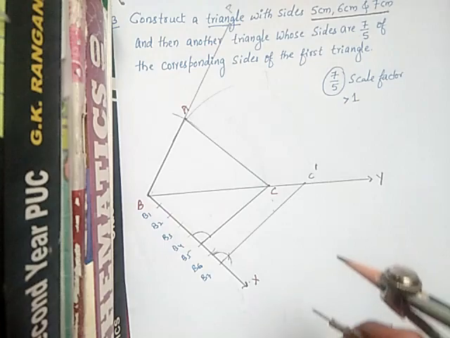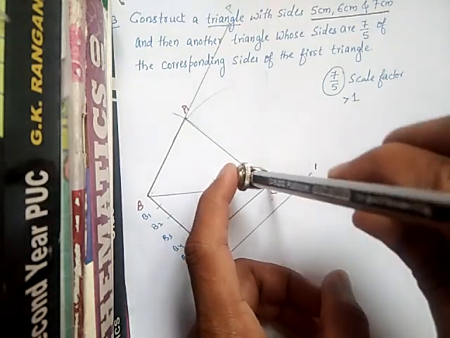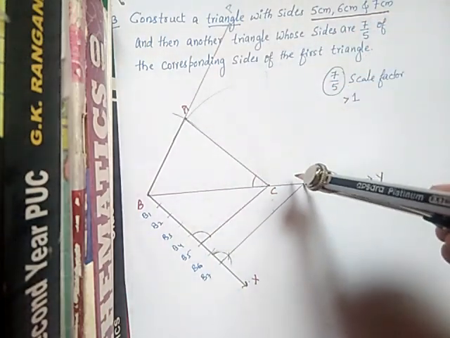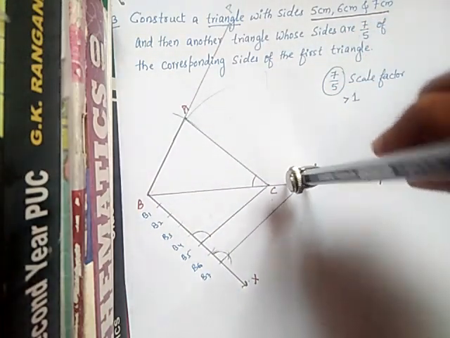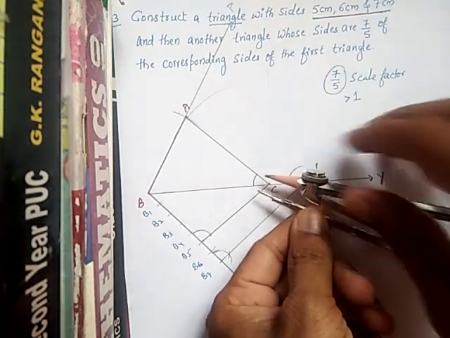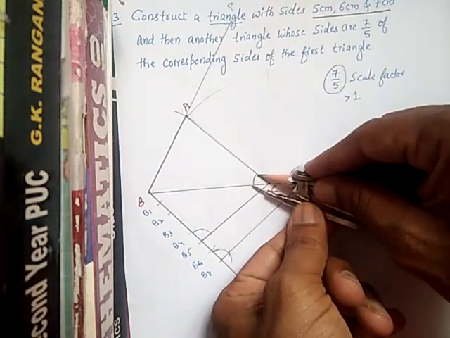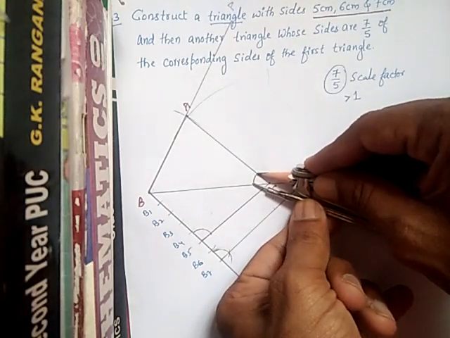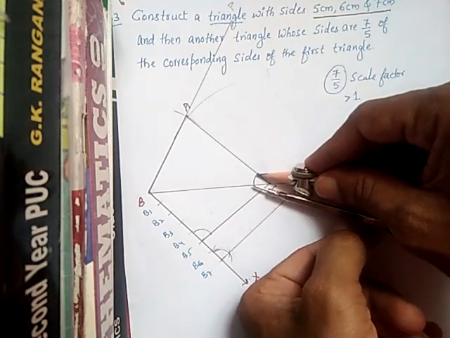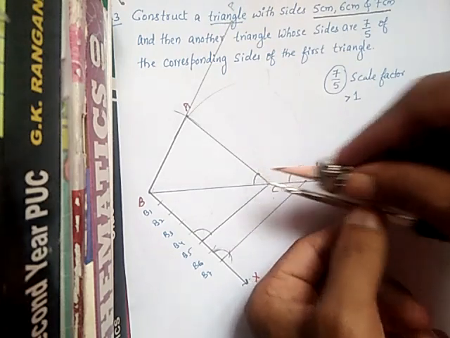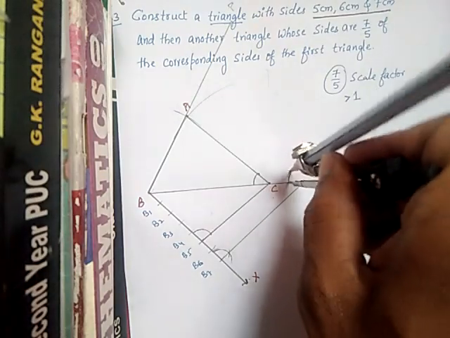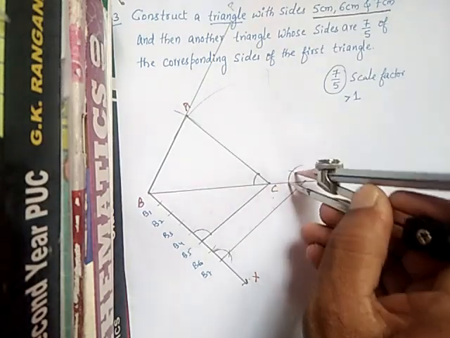So for this also the same thing you are going to do. From C you are keeping here, and next you are drawing the arc like this. The same thing should be done here also, and from C to here like this arc. Next you have to take the distance. How to take the distance? So see here, from here to here you have to take the distance like this with the help of the tip of the compass and the pencil. After taking this one, keep here and you have to cut the arc like this.